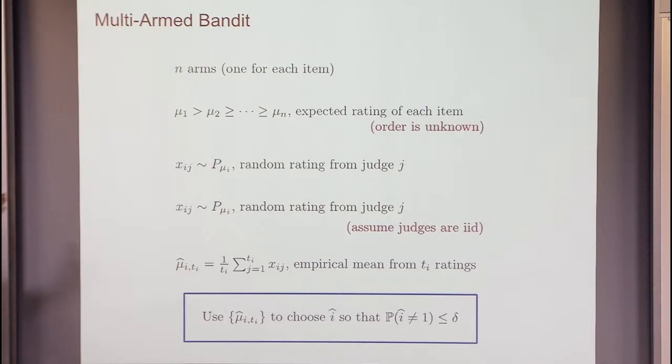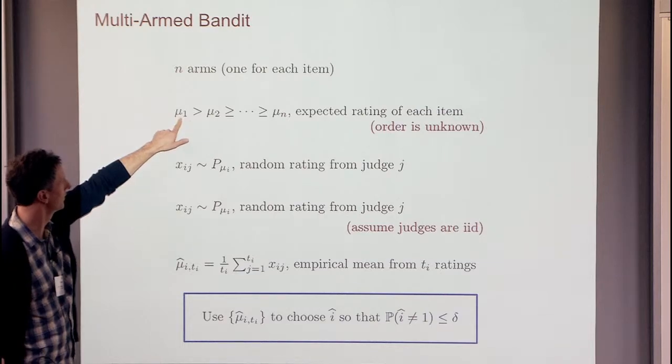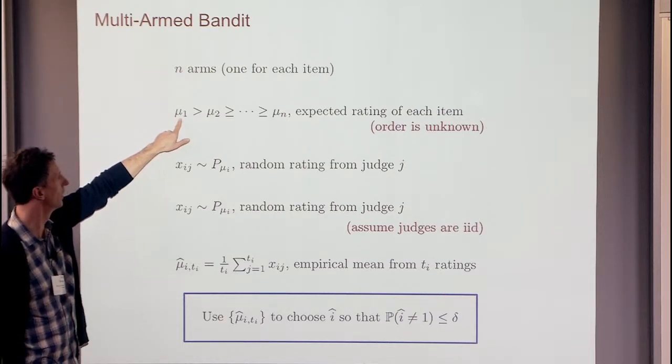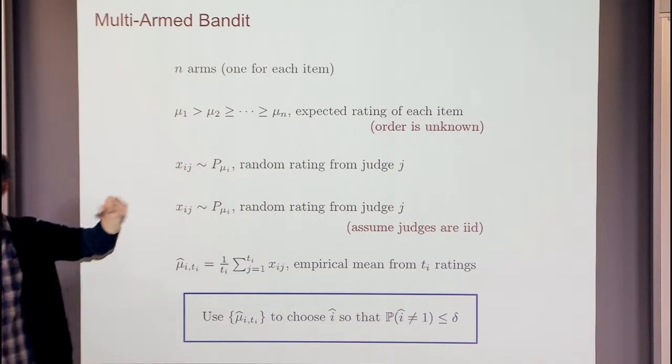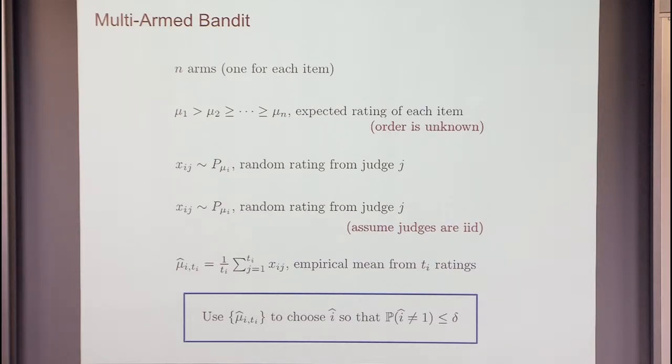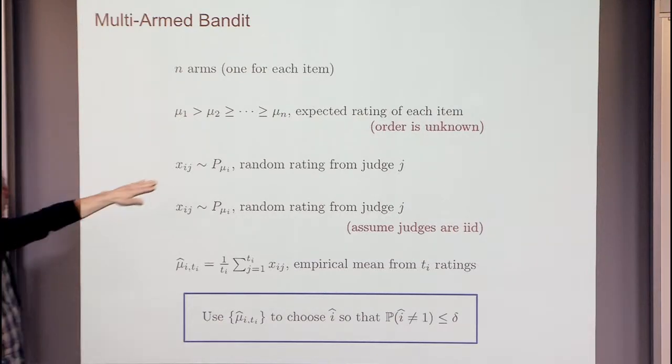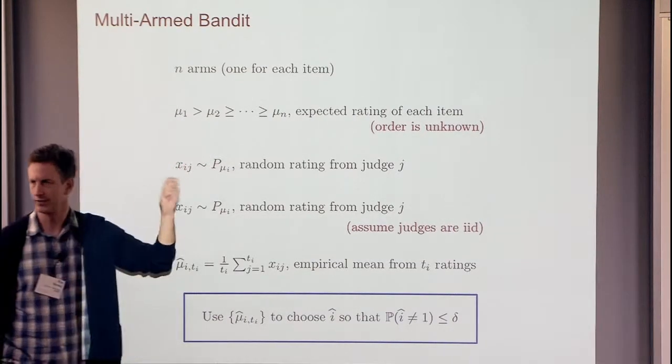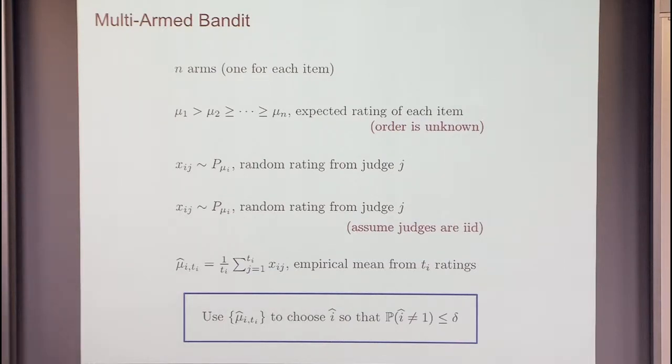And then I have the rest of them, and I'm going to assume that there's a distinct winner, namely that mu1 is strictly larger than mu2 and all the others, so that there's no issue of a tie. We'll just avoid that for now. We don't know the order, of course, but I'm going to keep them in this order so that when I show pictures and so forth, we'll always think of arm 1 as being the best arm, but of course we would never know that going into this contest problem.